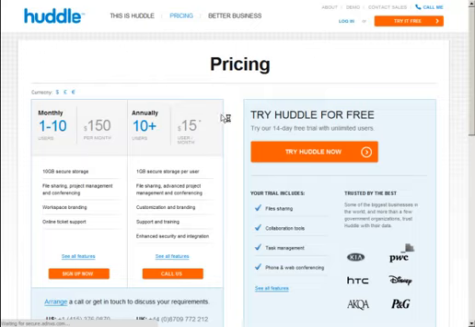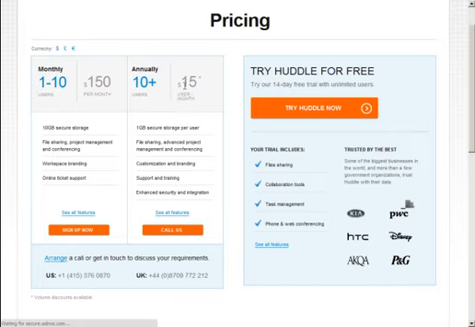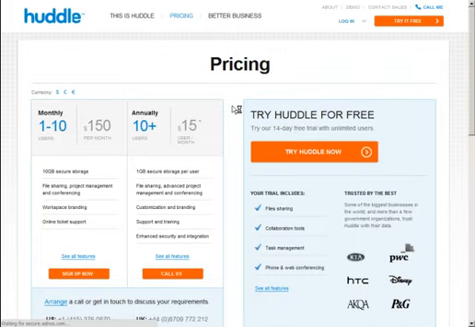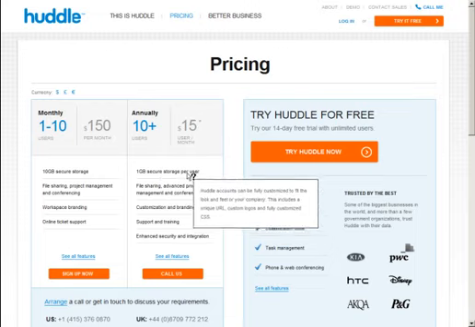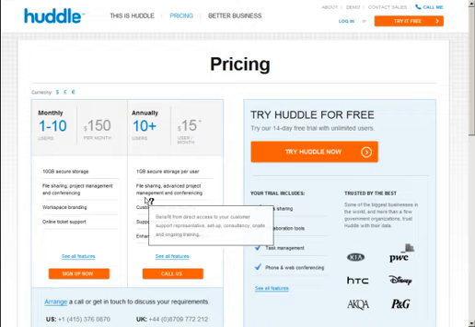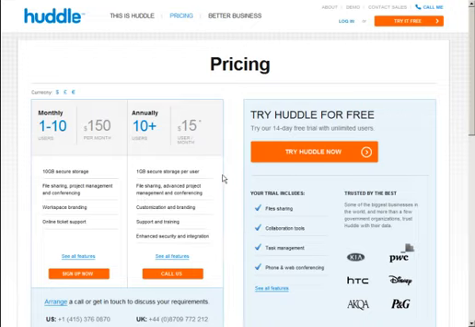Now, in terms of pricing, Huddle's not too bad. Annually, it's about $15 a month, and I'm going to show you what you can do here. You can either buy the product, you can try it for free for a 14-day trial, or there's another avenue that I will show you after this. But I wanted to show you the paid version first. Huddle gives you 1 gig of secure storage space per user, and it allows you to basically